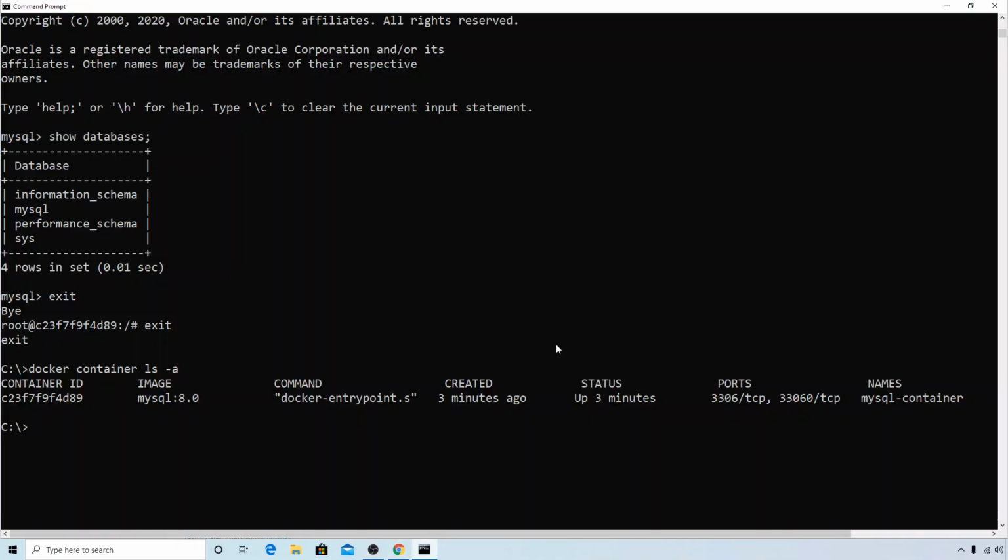Hi friends, in this video we will continue working on our MySQL container. In the previous session, we downloaded the MySQL Docker image and created a container. We logged in to the container and also to the MySQL CLI. In this session, we will try to configure our container so that we can access the MySQL database from our host system,